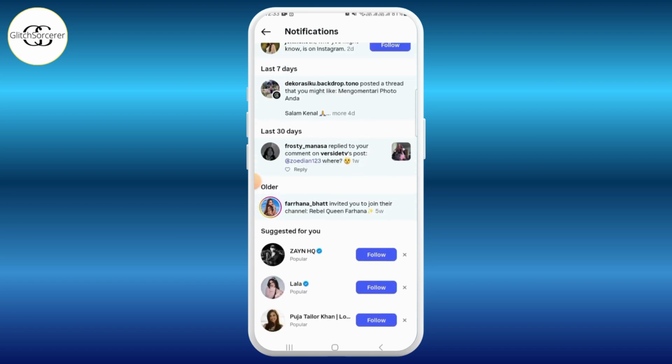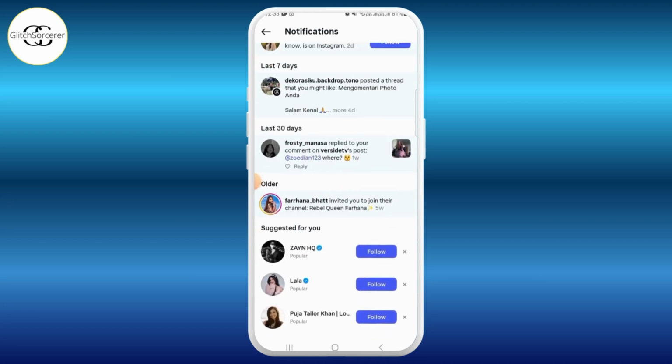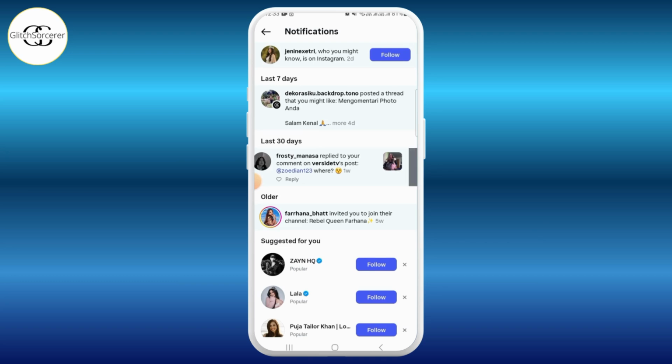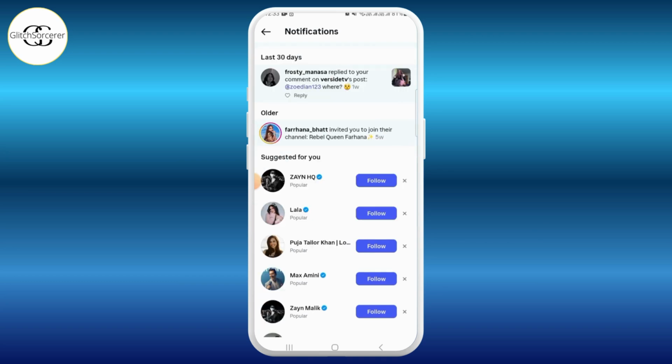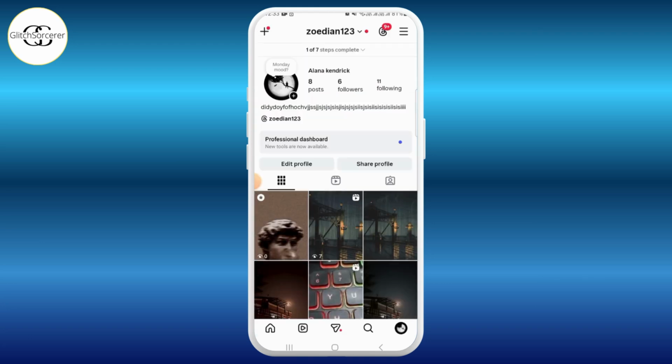So if you tap on show more, you will find some more notifications, but it will end on the 30 days notification. So if you want to find the notifications older than this, then what you can do is simply head back. Now tap on the profile icon at the bottom right corner of your screen, then tap on the